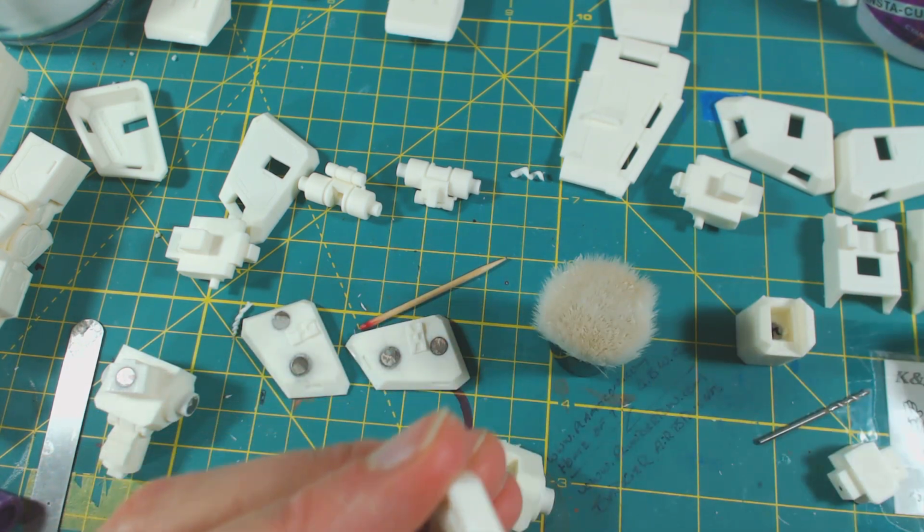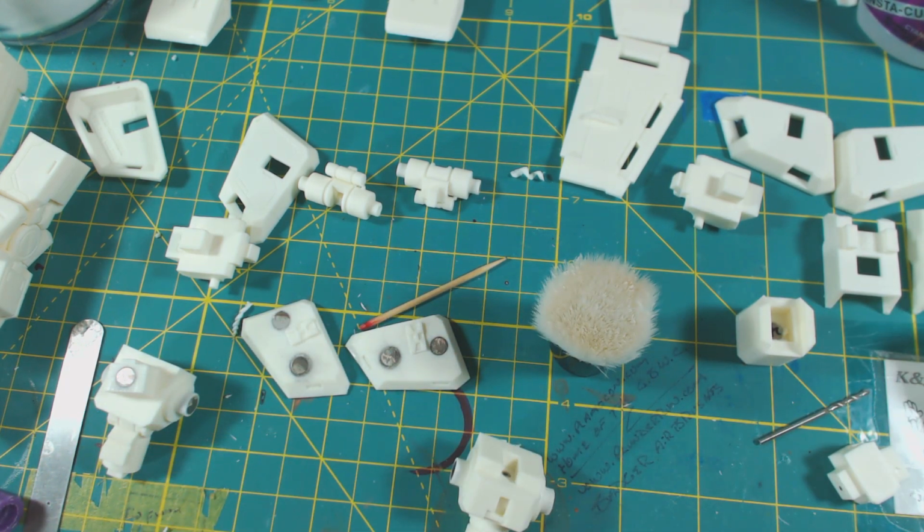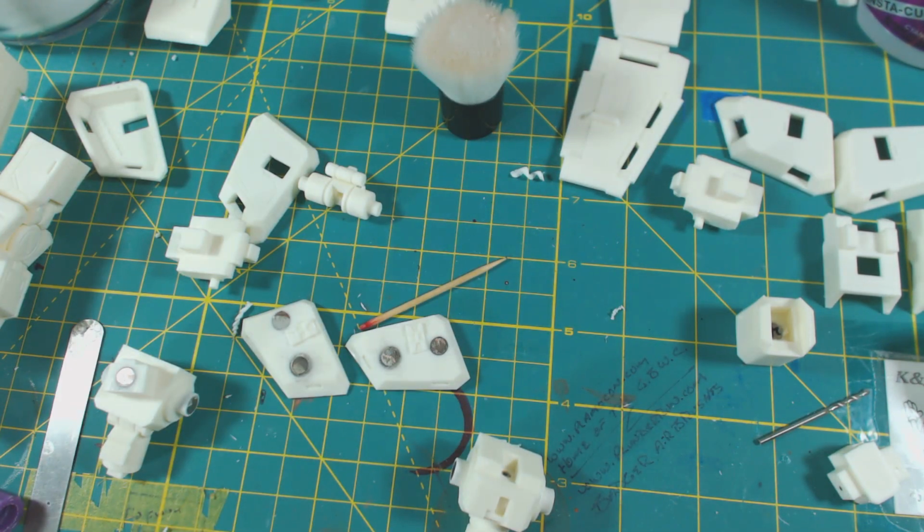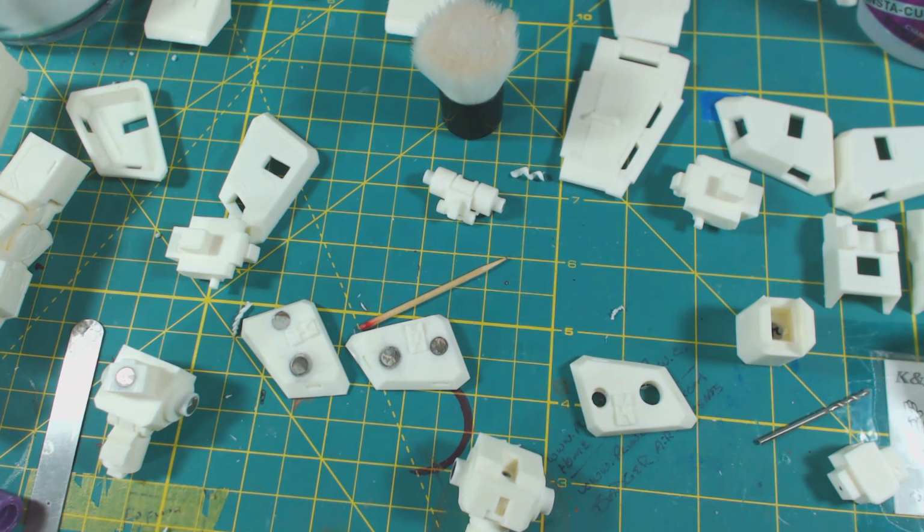Going to go good. So we want to make sure, where is our other piece? That's going to fit in there good. All right. Now we want to make sure